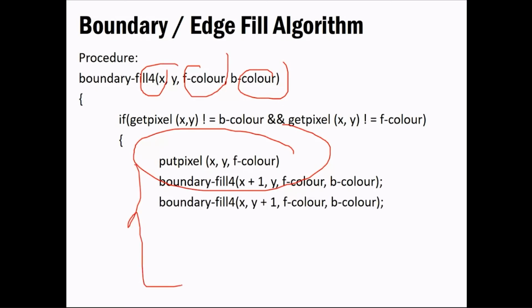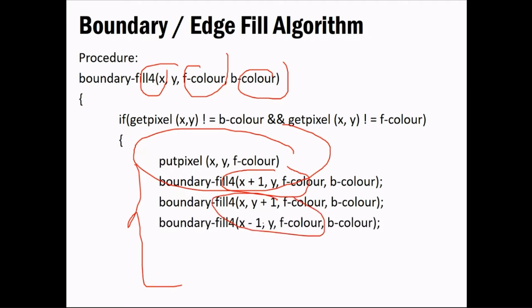So now likewise, as I told you, you have to go in a top-down and left-right manner, so it will update the pixel information as it is shown over here. You have to go in that manner. Suppose it's for the left pixel, then it will try to fill that pixel with that color. Similarly, if top is the scenario, left is the scenario, or bottom is the scenario, it will go in that four-connected region and try to fill all of it with a particular color, whatever color you are giving, in this foreground color.